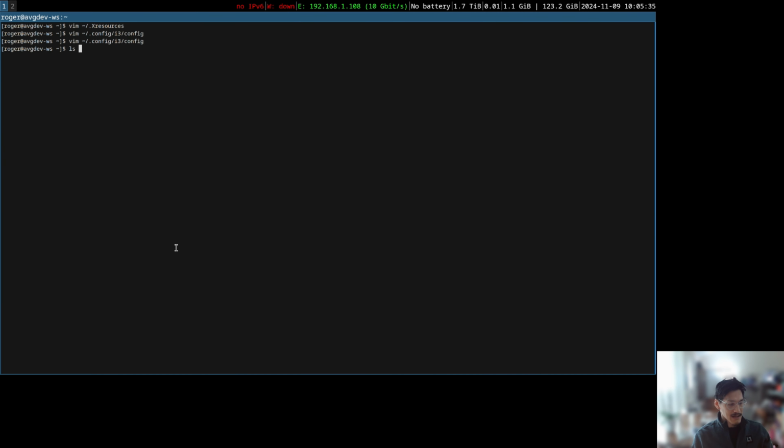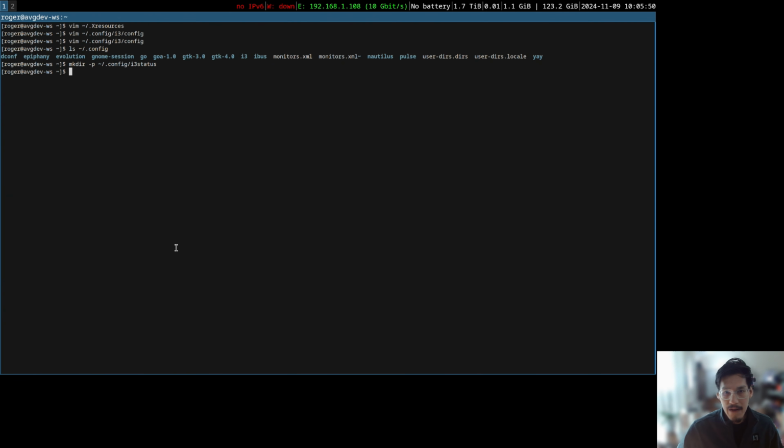Let's look at our config. So we have i3. Okay, we don't have an i3status, so we're gonna have to configure that ourselves. We can make dir -p .config/i3status. We'll just have a directory there, and we're gonna copy our default configuration for our bar into this because that's a priority. i3 will look at all configs in your home .config directory before the global one, which is